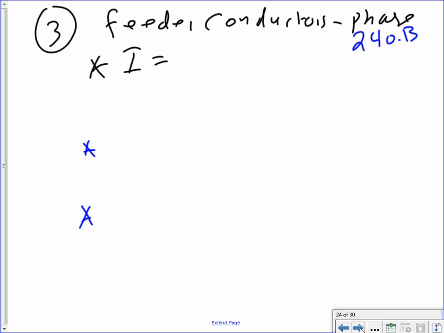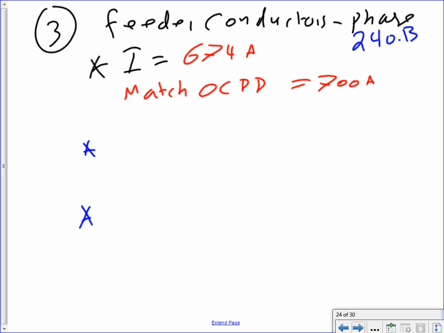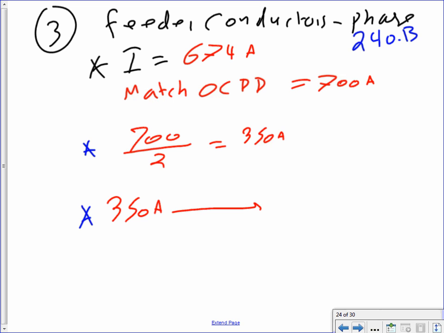Okay, now let's go size the feeders, the ungrounded conductors. So we got these, my friends, feeders. My current was 674 amps. My overcurrent protection device, I always say, guys, match the overcurrent protection device, even though you don't have to, which was 700 amp. So I take my 700 amp divided by 2 because I'm on a parallel. I have 350 amp. Then you take the 350 amp, take it to table